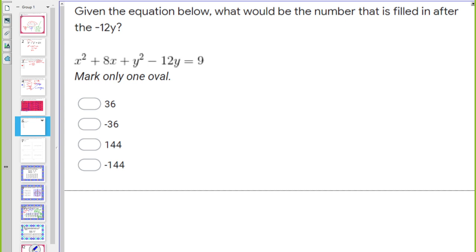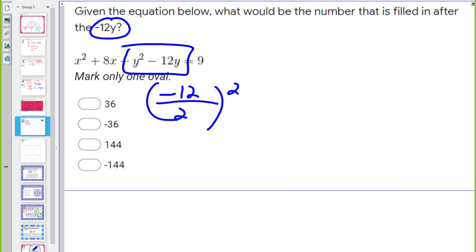Given the equation below, what would be the number that is filled in after the negative 12y? So this is just practicing with making sure you know how to complete the square. If we focus on these, that would be the negative 12 over 2. What's negative 12 divided by 2? Negative 6. But then when you square it, that becomes